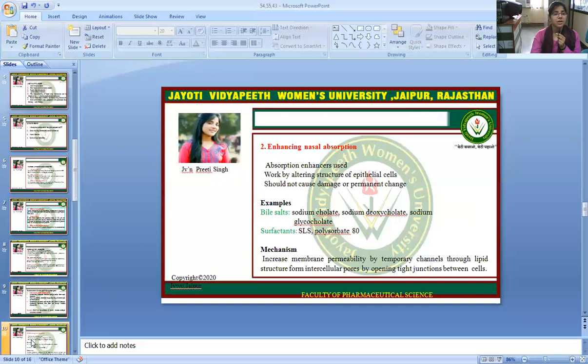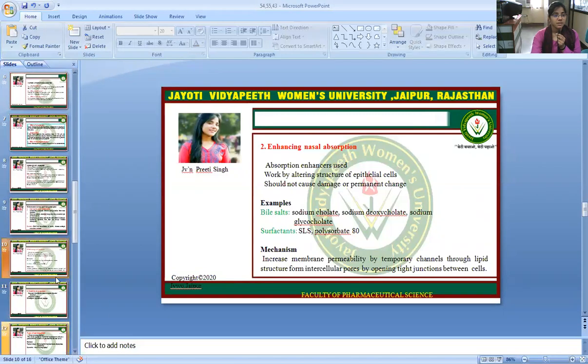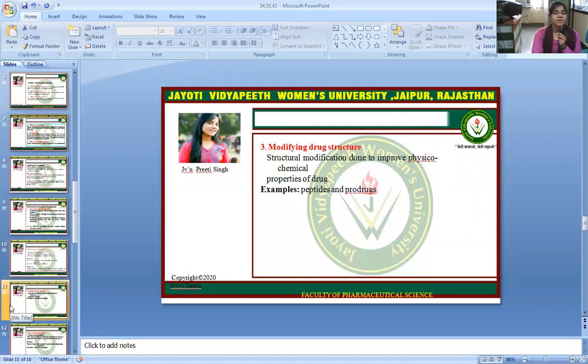Examples are bile salts, sodium cholate, sodium deoxycholate and sodium glycocholate. Surfactants such as sodium lauryl sulfate and polysorbate 80 work by increasing membrane permeability through temporary channels in the lipid structure, from intracellular pores, by opening the tight junctions between cells. Then modifying drug structure: a structural modification is done to improve the physicochemical properties of the drug. Examples are peptides and